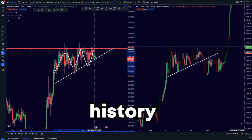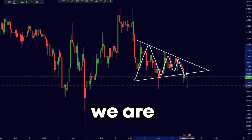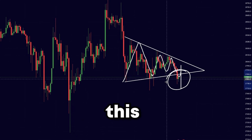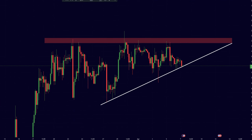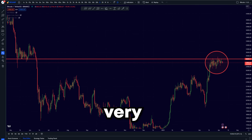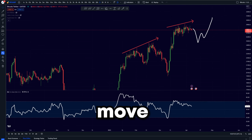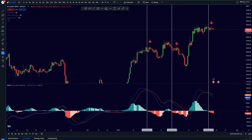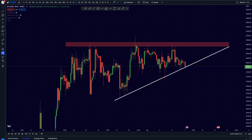The Bitcoin history is right now repeating, and in the very short term we can see that we are getting a breakdown of this symmetrical triangle. So we want to talk about that exactly in this update video, because we have some very important charts that are right now indicating the exact move Bitcoin will be creating in the coming few days. So make sure to watch all the way through to the end, and without further ado, let's jump right into the